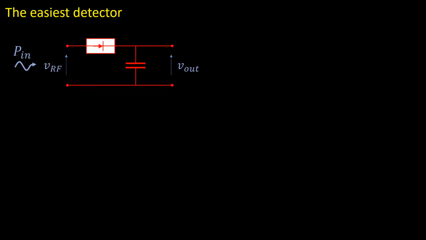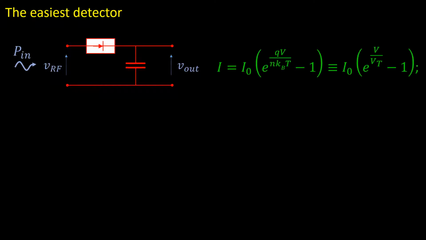The IV curve of a Schottky diode can be predicted by the Shockley model, which gives this expression for the current. I0 is the reverse bias saturation current, V is the voltage across the diode, and N is called the ideality factor and indicates how close the diode is to an ideal one. A high-quality device should have an ideality factor close to 1. Typical values are between 1 and 1.1.